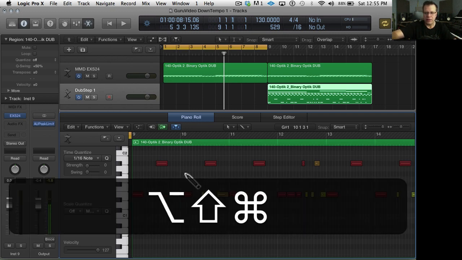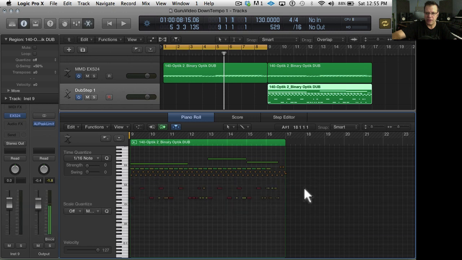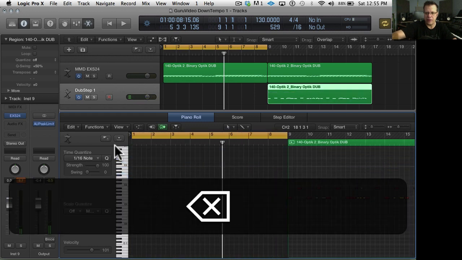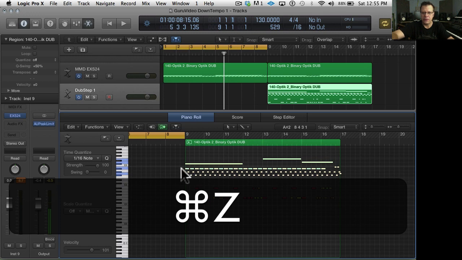So if I'm here, zoom so I see everything. Let's get rid of all the hi-hat stuff, right? All the cymbals. Maybe not the cymbals.